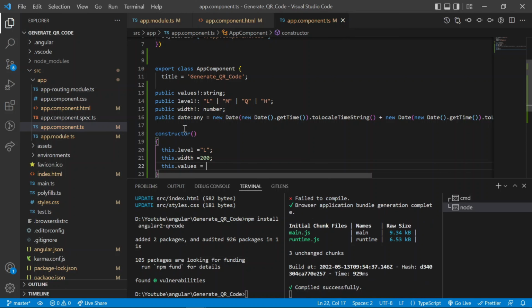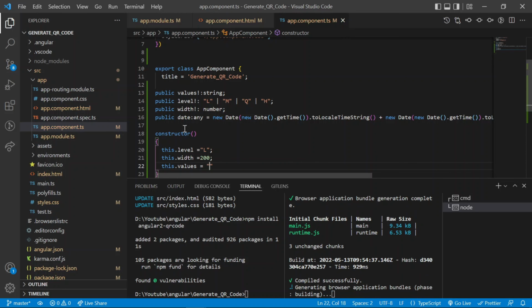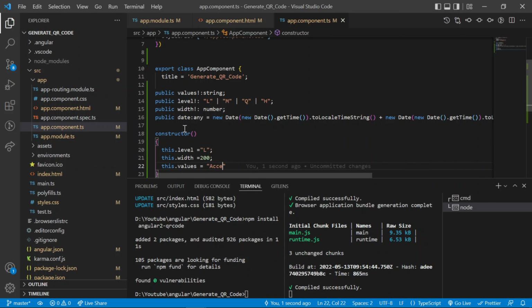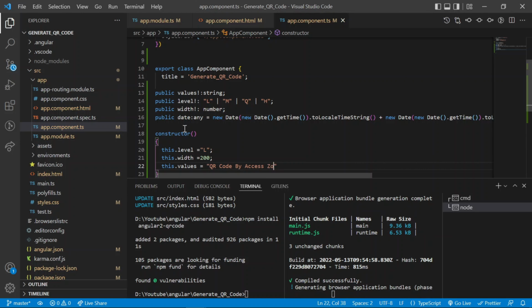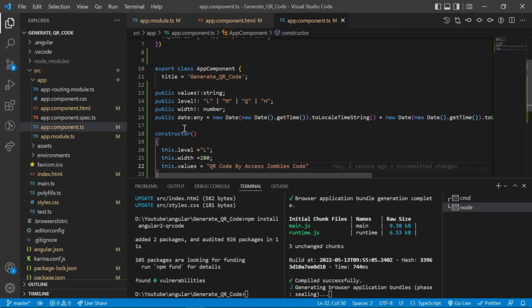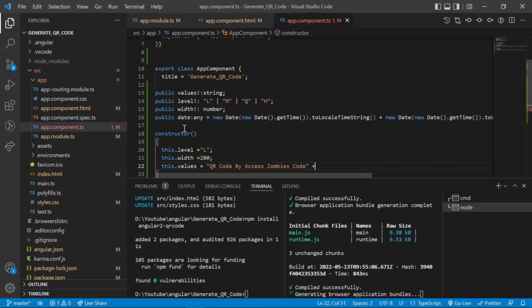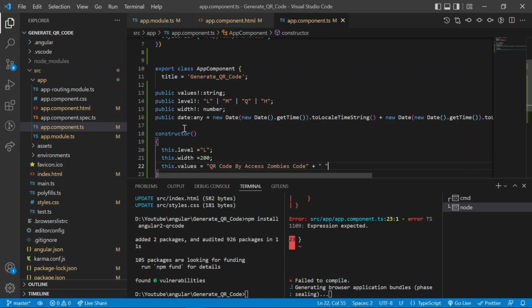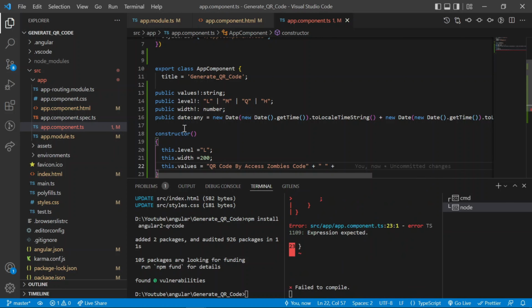So the value is Access Zombie Code, or let's change it to something else: QR code by Access Zombie Code. And I am going to add the date time. So the QR code will show the text string and the date value.